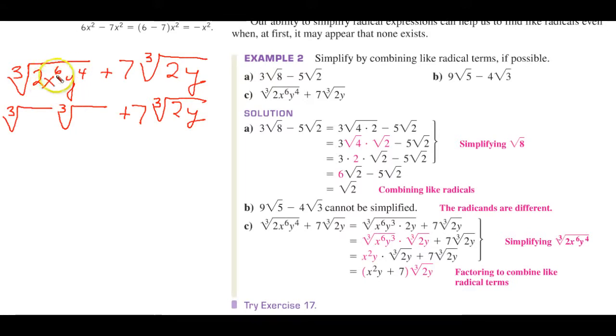Anyway, as you look at this, we want to divide this up into those that are perfect cubes and those that aren't. So we know we have a 2 over here, and x to the 6th is a perfect cube. Then we have y to the 3rd here, and this is a y. Now you notice that this part and this part are the same,